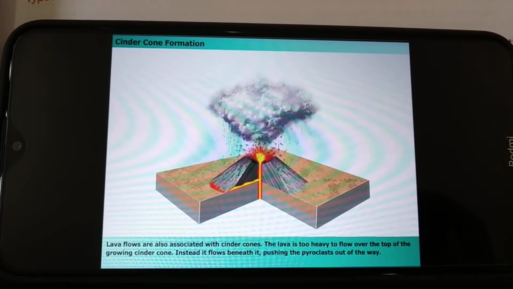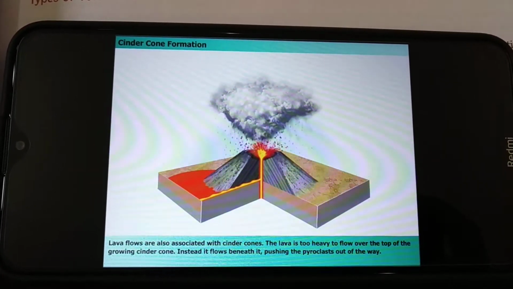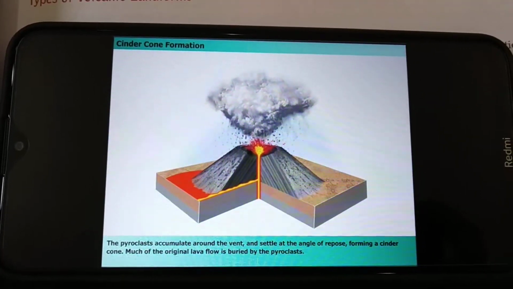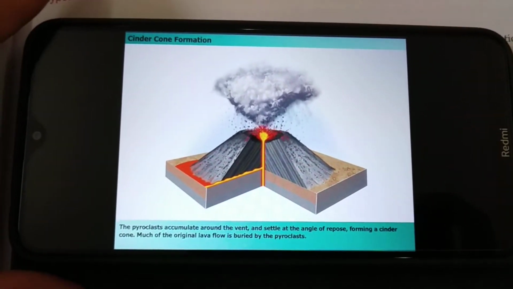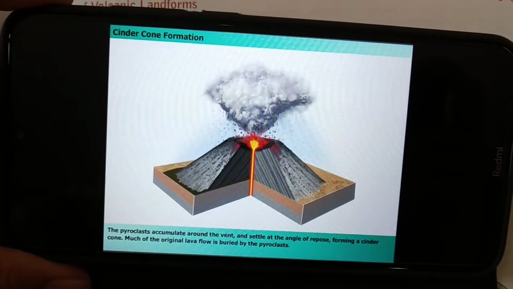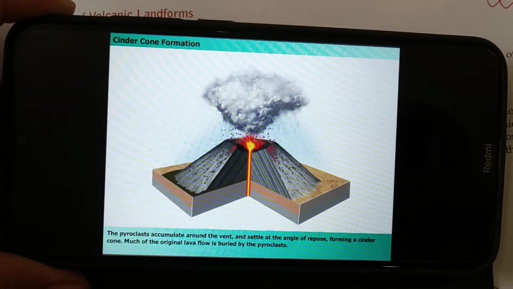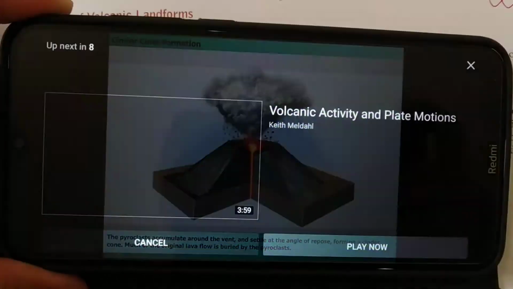Clouds of ash fragments go up, blow into the air when the eruption takes place, and the lava gets solidified, forming steep-sided cones around the vent. So this is how cinder cones are formed.